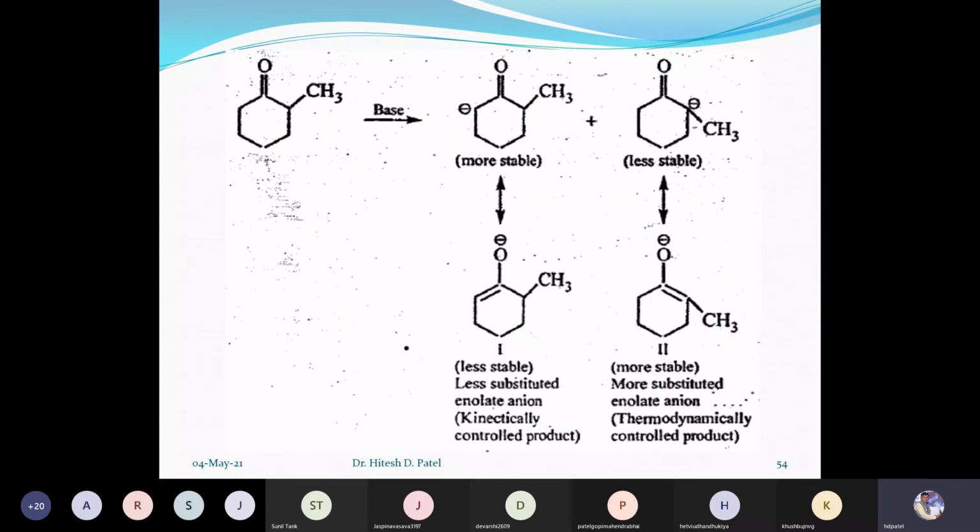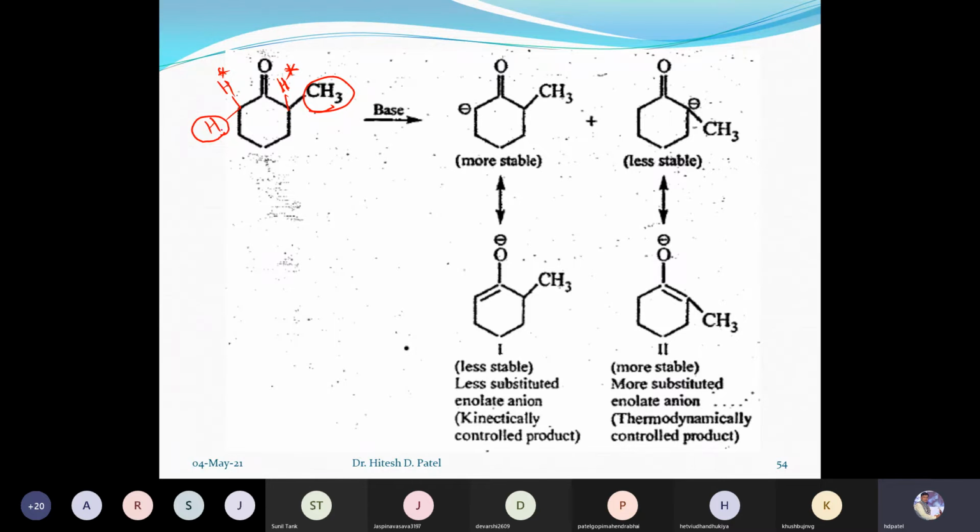Now one more example over here. We have two hydrogens on the neighboring positions of the carbonyl group. Here one hydrogen and here another hydrogen. But both hydrogens have different environments. Here you can see a methyl group is present, which is a bulky group, and that's why steric hindrance is there. And here there is only hydrogen. This is common for both. But this other attachment is different. So this is called a sterically hindered proton, and this is called